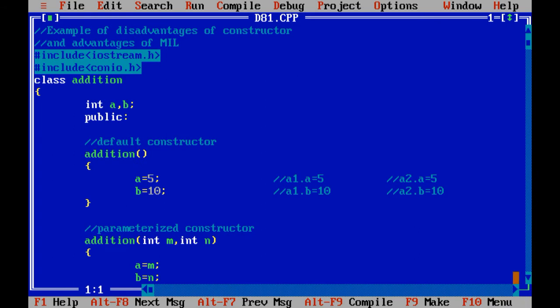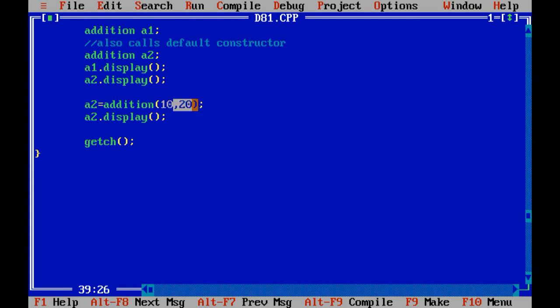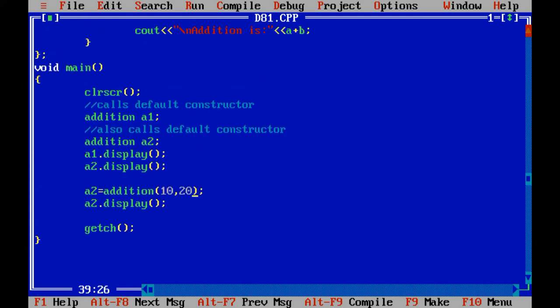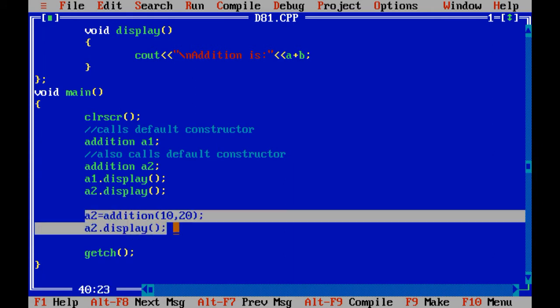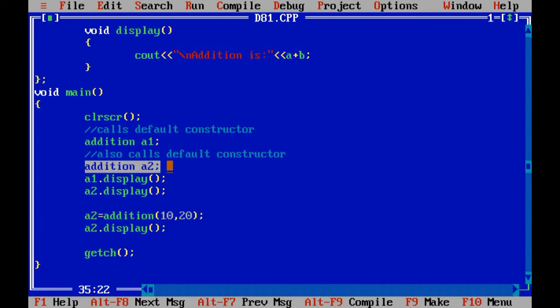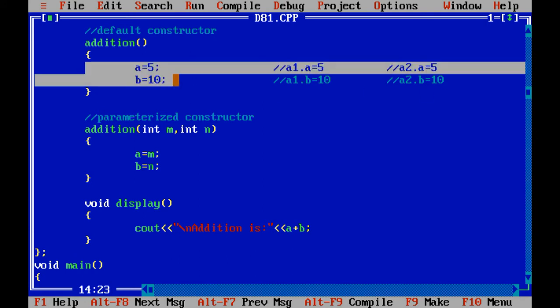In this case the value of addition is 30. Why? Because we are passing the value of a2 object using parameterized constructor. So now what is the disadvantage in such cases? See, when you want to call parameterized constructor of any class, in those cases also, when you create the object of that class, it will automatically consider the default constructor and initialize the value of variable by the default constructor.